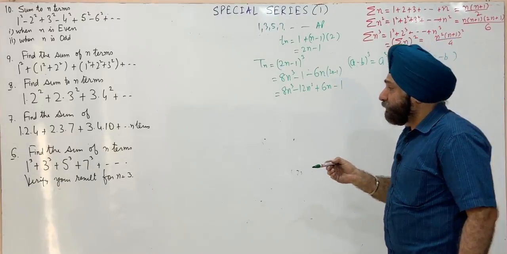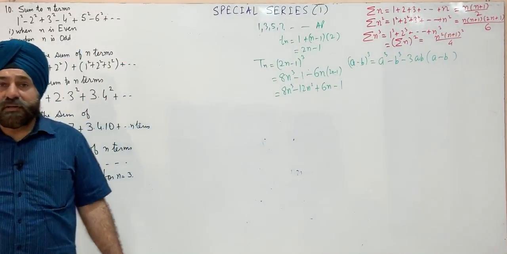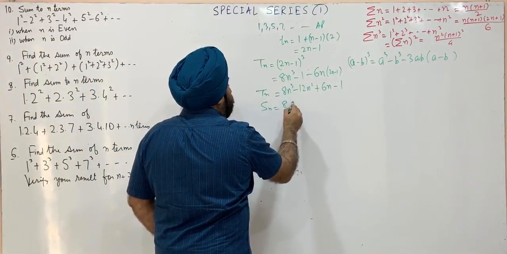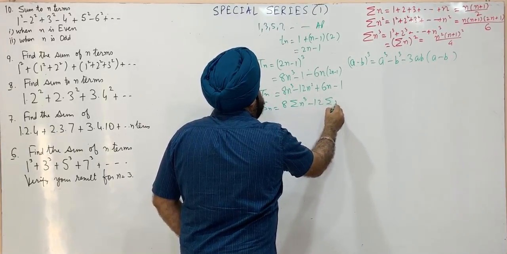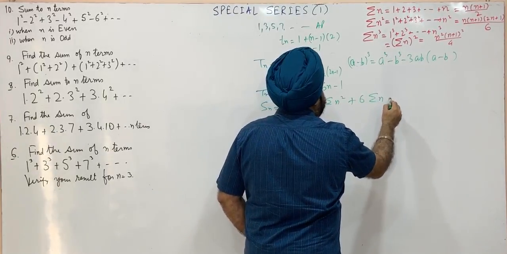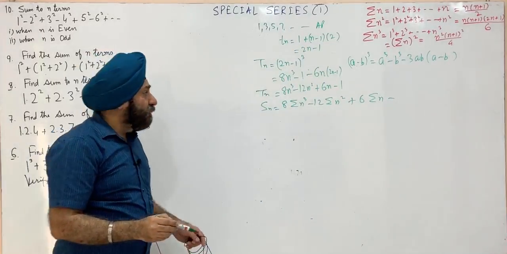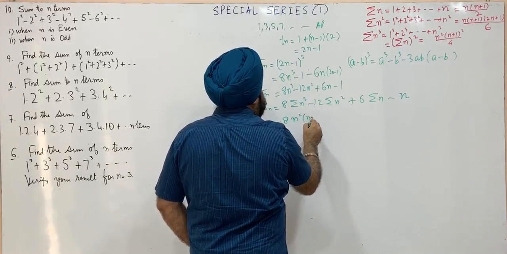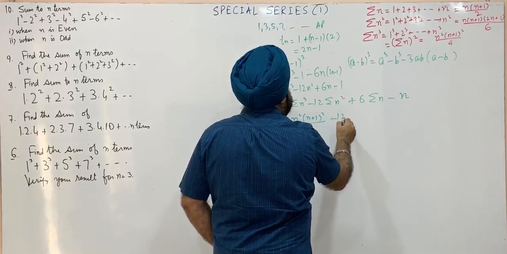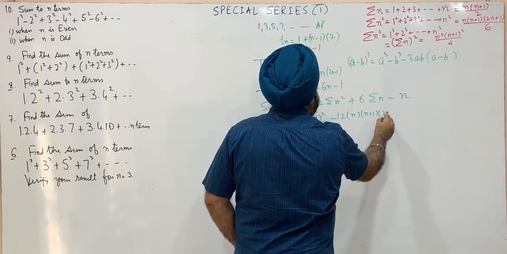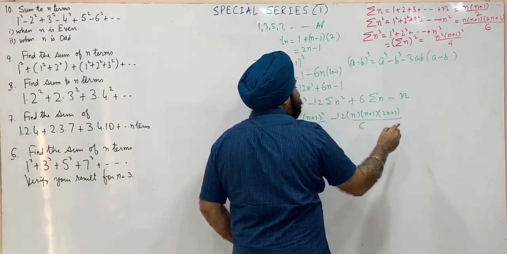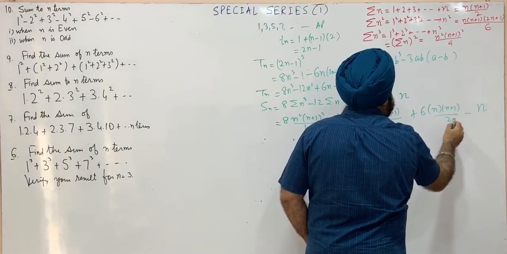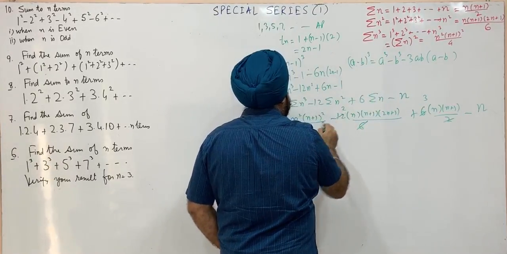This is the nth term of the series, and we have to find out sum of n terms. We can apply sigma to find out sum of n terms. Sn is 8 times sigma n cube, this is 12 times sigma n square, sigma n, and what is 1 plus 1 n times is n. So minus this is n. This is n square n plus 1 whole square upon 4, n into n plus 1 into 2n plus 1 upon 6. This is 6 into n plus 1 upon 2, and this is minus n. This is 2, this is 2.